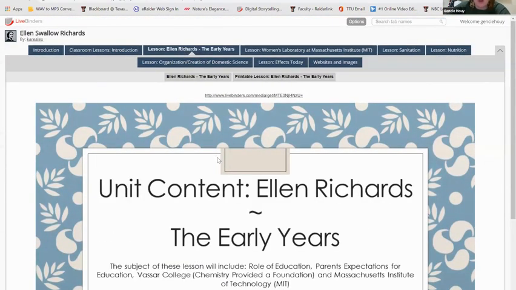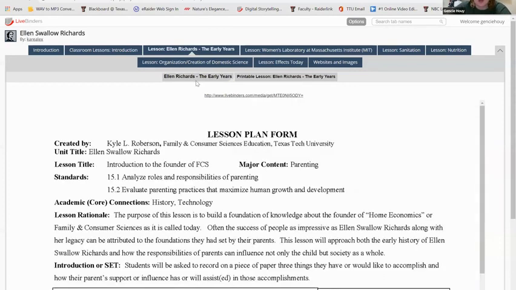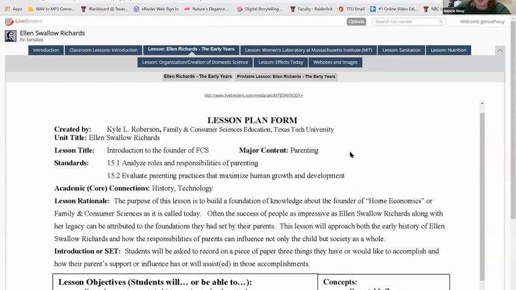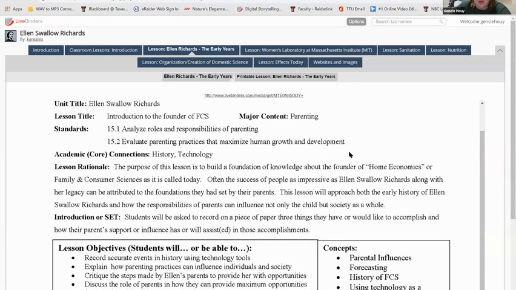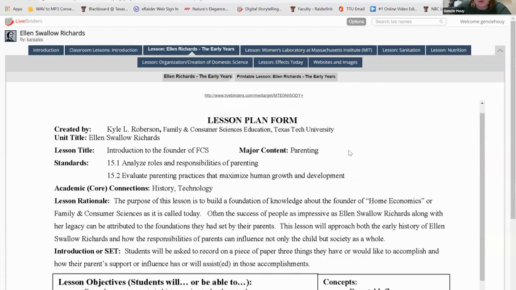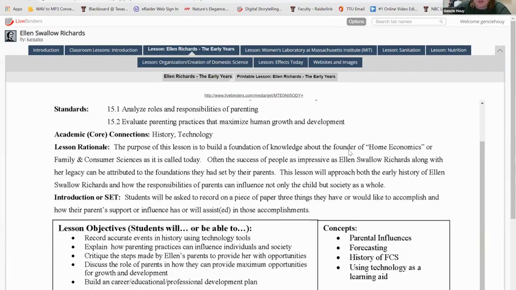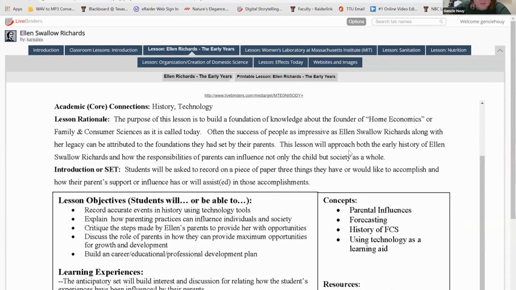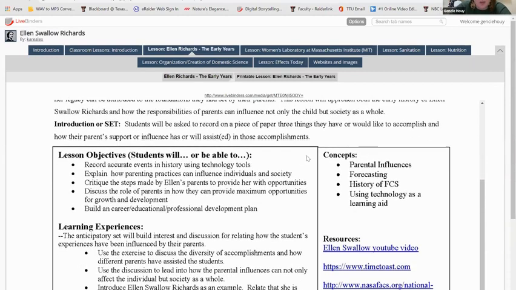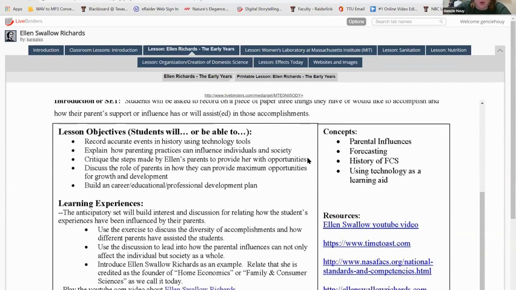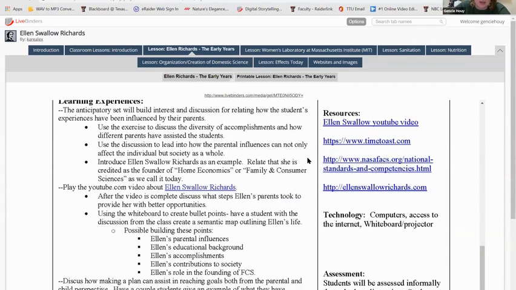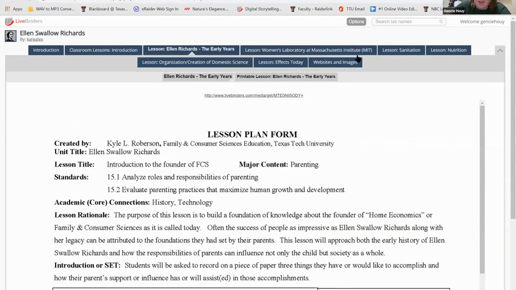So we would know that this unit of lesson plans that I'm getting, which is a great resource for you as well, gives that, and then it goes through and actually gives you the lesson plan form. And these lesson plans were compiled by many different teachers. So this gives you a whole lesson on Ellen Swallow Richards, and then of course whatever else you're looking for